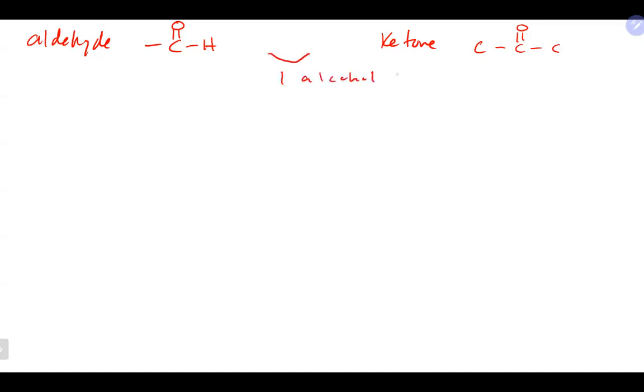So a reminder that our aldehyde has the functional group that looks like this. And again, our ketone has the functional group that is really the 3 carbons in a row with a double bond there in the middle. So for each of these, if you add 1 alcohol or 2 alcohols to them, they will undergo